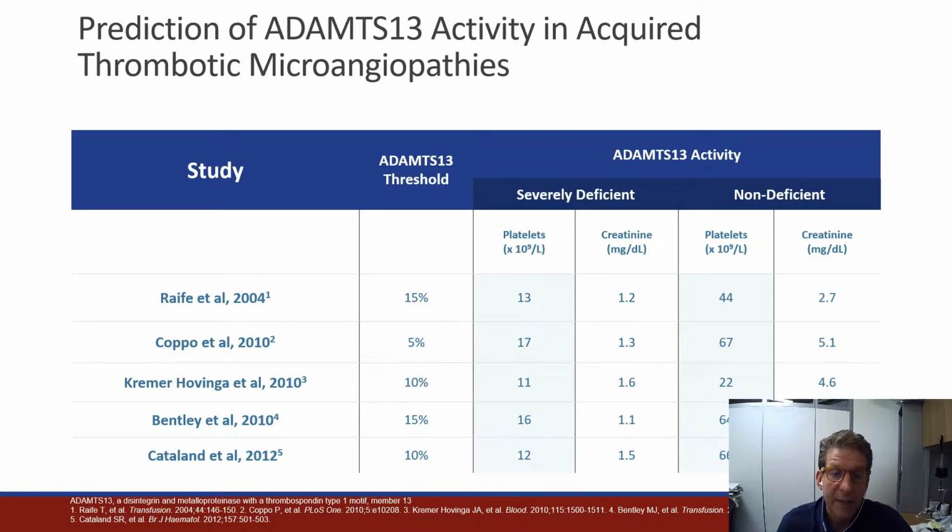The most important first step, though, for a physician is to understand the likelihood of this being TTP, or put another way, the likelihood of severely deficient ADAMTS13 activity being present, to know if you need to start emergent plasma exchange therapy. Here are data shown from multiple groups that show a very clear pattern in the patient with severely deficient ADAMTS13. These are all samples taken before plasma exchange. The patients with severely deficient ADAMTS13 activity had lower platelet counts and lesser degrees of renal injury. In the patients who had non-deficient, or measurable, ADAMTS13 activity, they tend to have greater degrees of renal injury, something you're more likely to see in a complement-mediated TMA rather than immune-mediated TTP.